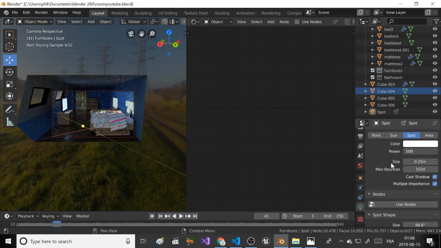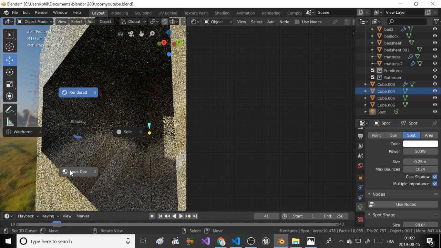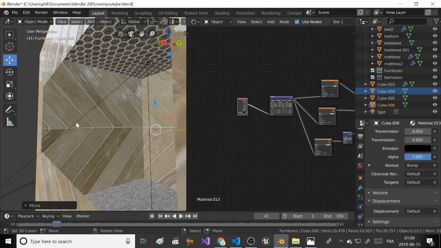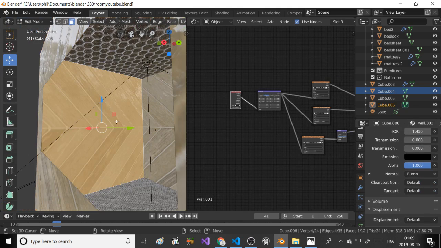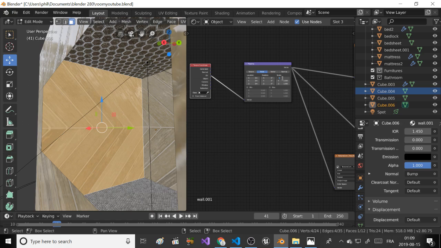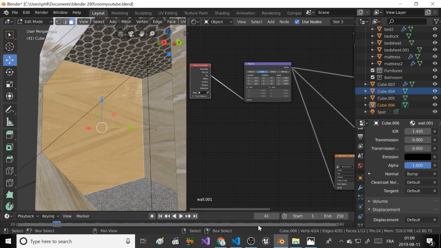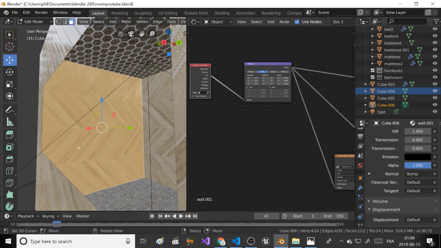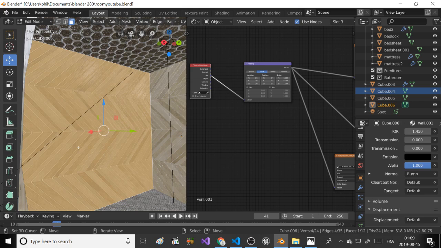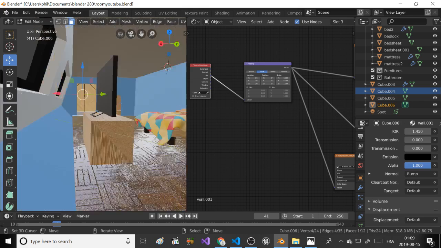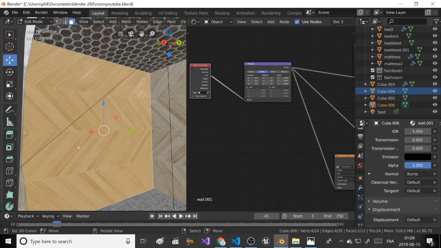Let's go in look dev mode. And you can see it's quite big, too much big. So we can just scale it down here. Scale it down like this. So now